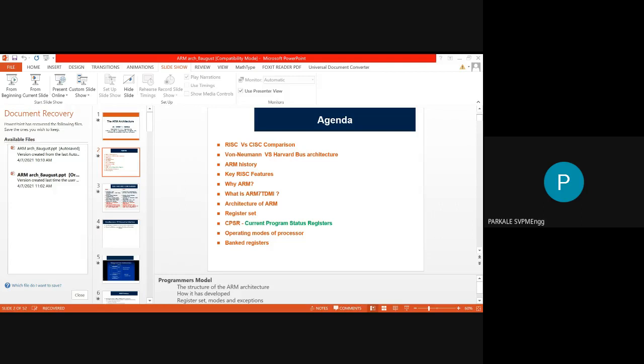Then the fourth point is in terms of the code size. The code size of CISC is very small, but it requires high cycles per execution. That means the code size of the instruction is small, but it requires more time for execution. Whereas in RISC, you have a large code size of instructions, but these are executed in a low cycle per second. That means it is very fast compared to the CISC.